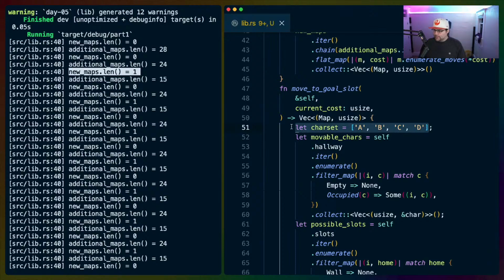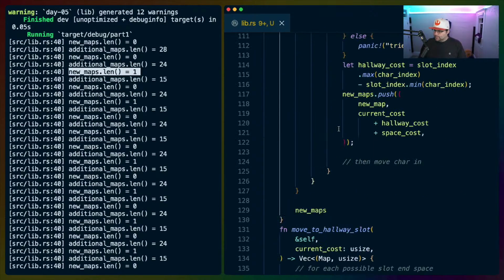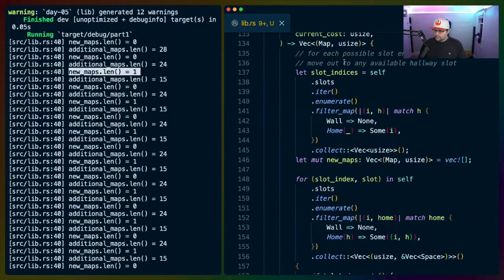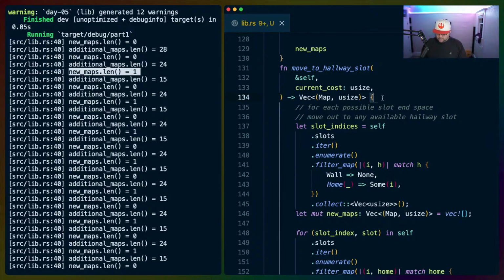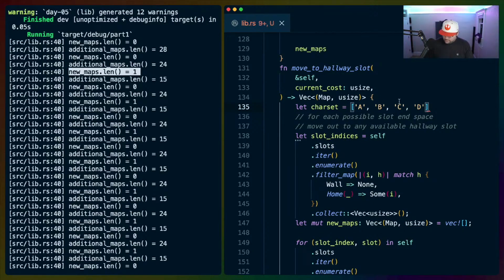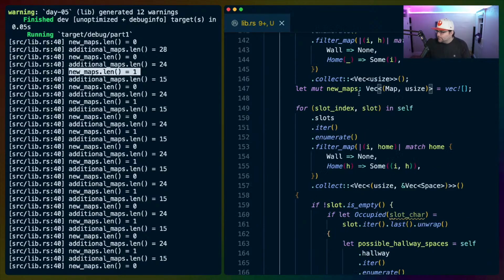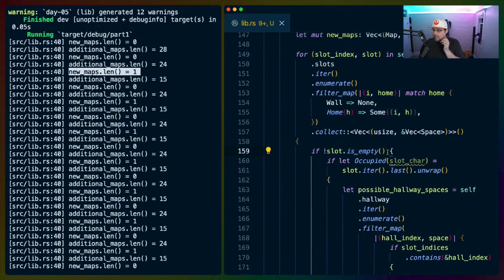We had this zip, this car set zip. So for slot index slot in self, filter for just the ones that exist. If the slot is not empty,